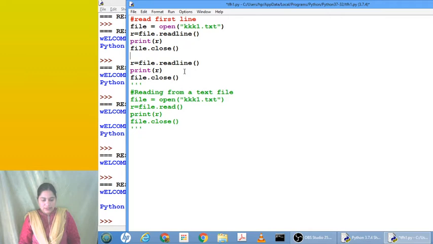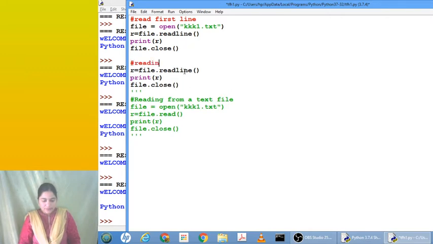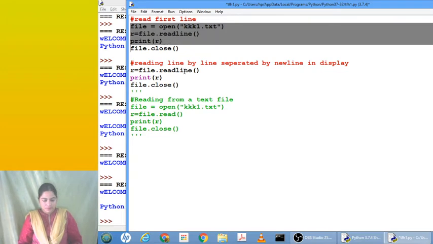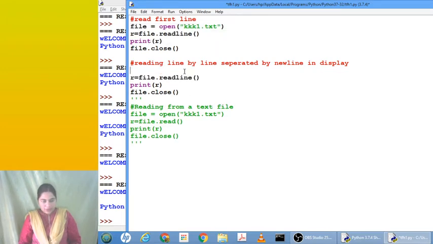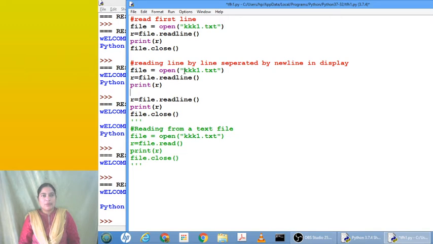So now this is reading line by line, separated by new line, in the display. So how many times will this perform the read operation?